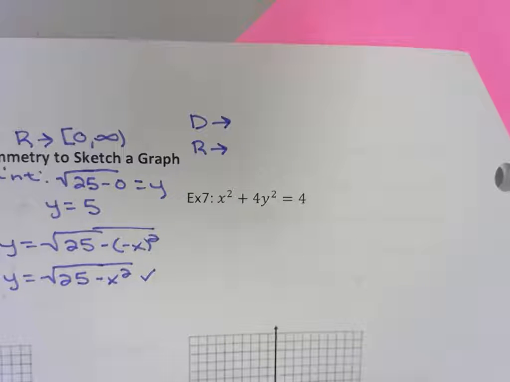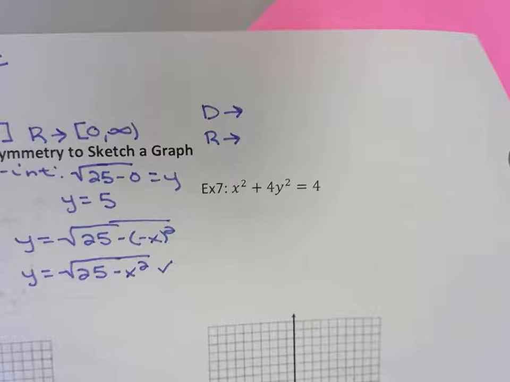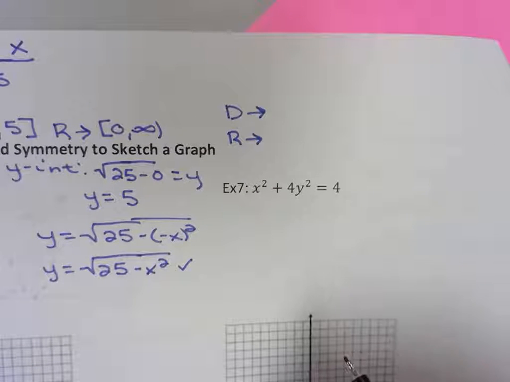If I look at this, just by looking at it, what does it look like? If I see x squared and y squared, what do I see? Circle. I'm thinking circle, but what throws it off from a circle? The 4. So I'm thinking conic sections. It's been a while. It's not a circle. It's probably a